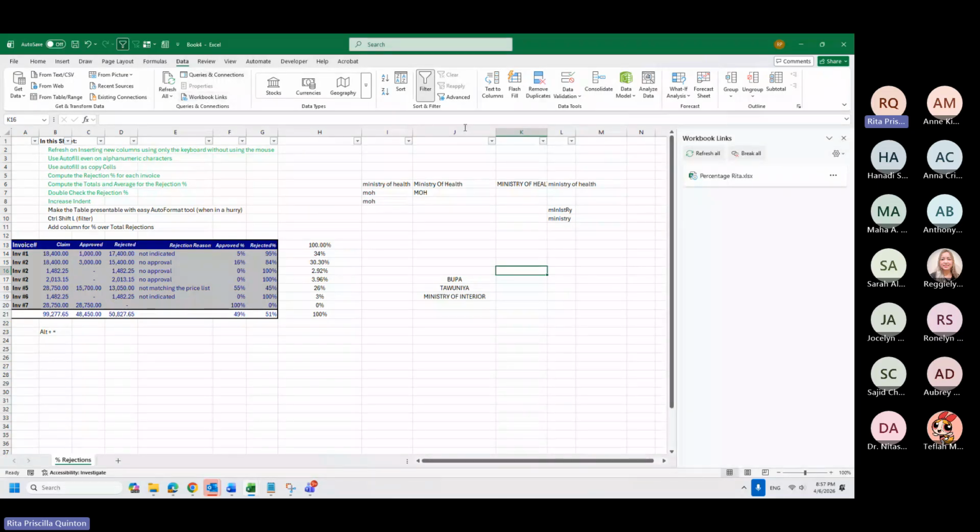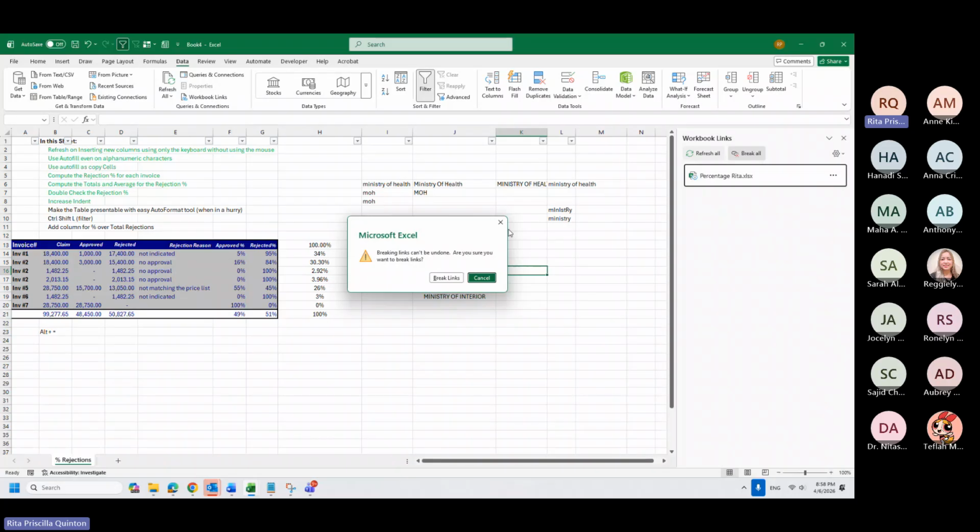And it will show me which Excel it is linked with. So if you press Break All, it will break all your links and paste as values. You can select over here and Break Links, or if you have multiple Excel files appearing here, you can select Break All.